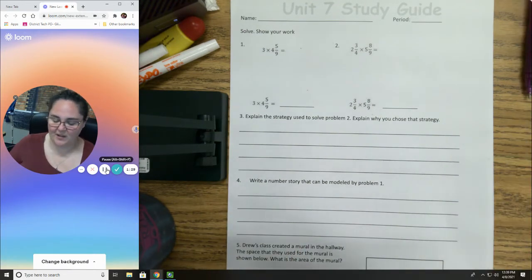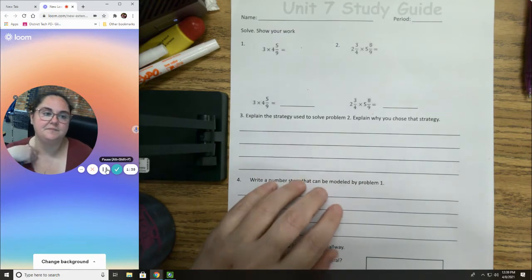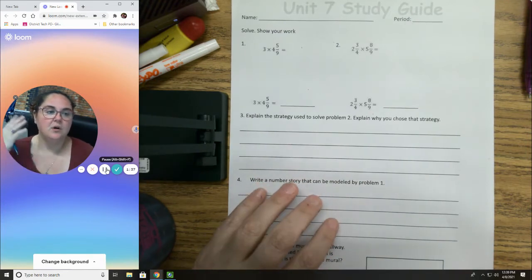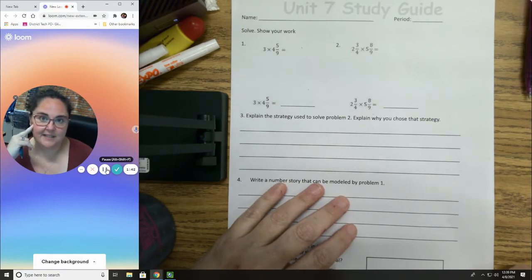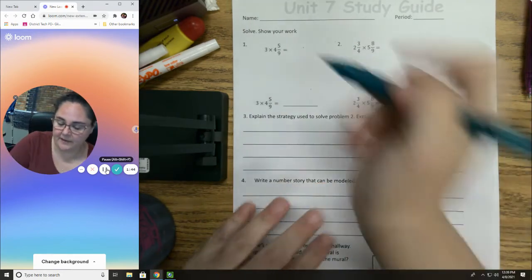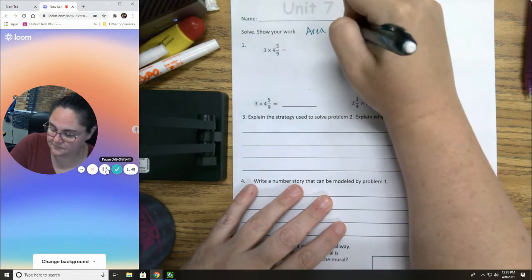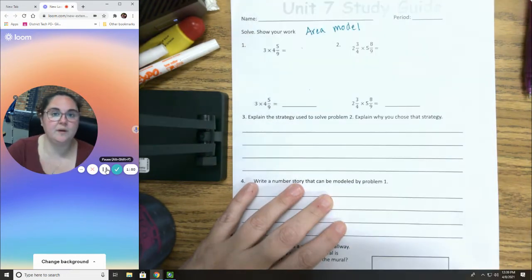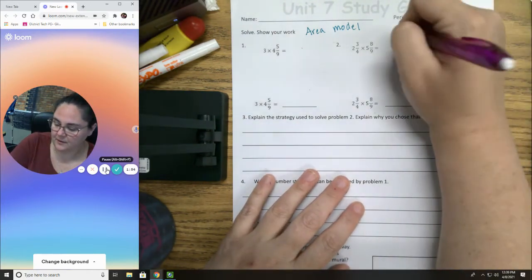Okay, so here we go. Number 1, it says, solve and show your work. So when we do problems like this, remember that there are 2 ways we can do problems like this. We can do area model. I am going to do one problem area model. We can also